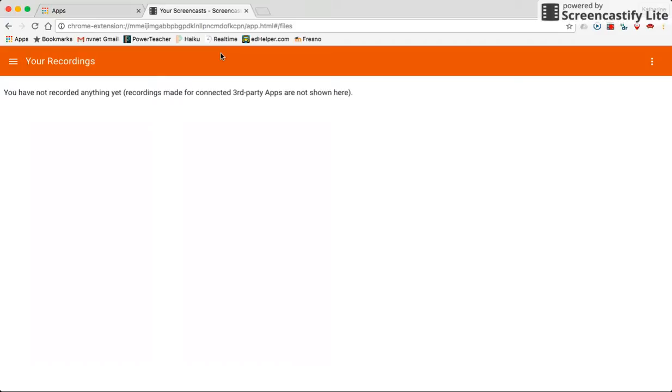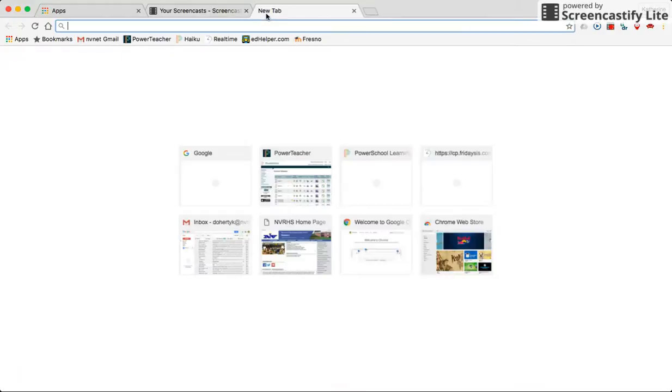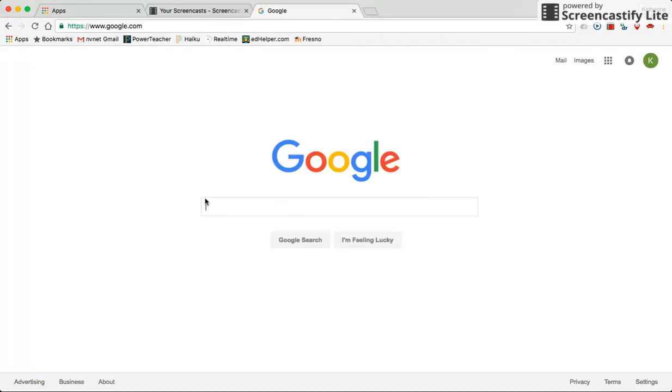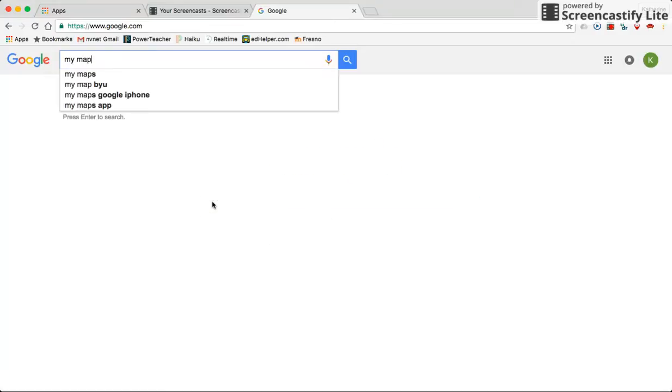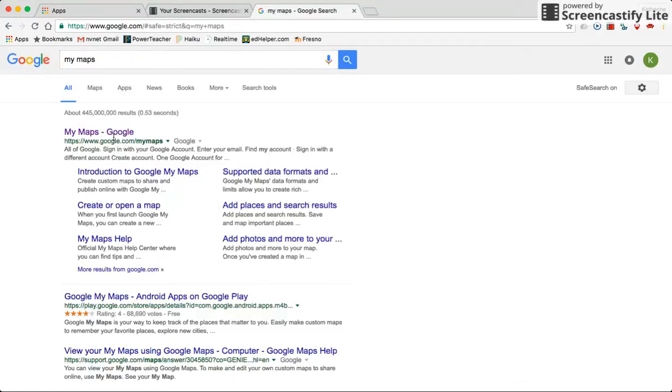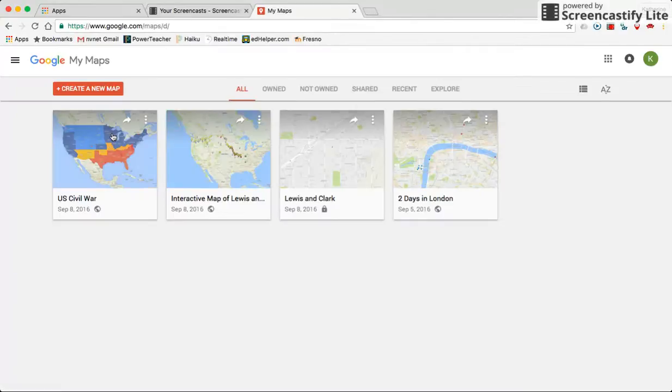I want to show you how you can use My Maps as an educator. So if you come to Google, and in Google you type in My Maps, you can create a new map. Now I like to use this when I'm teaching history as a way to help the students to understand geographical locations. So if you click on Create a New Map,